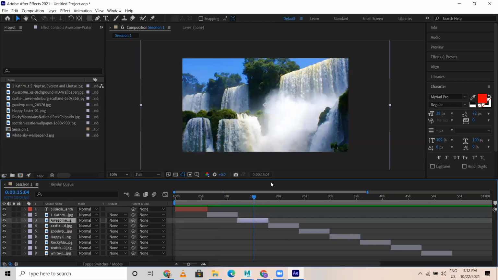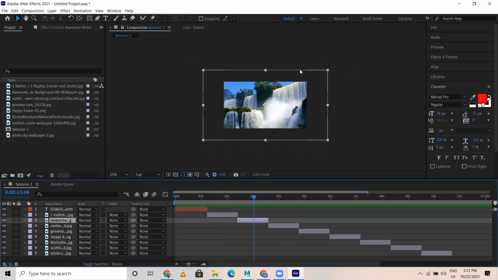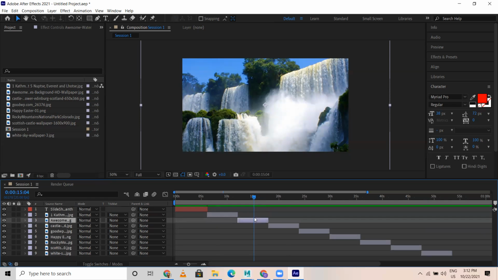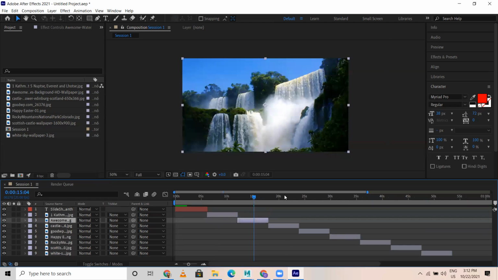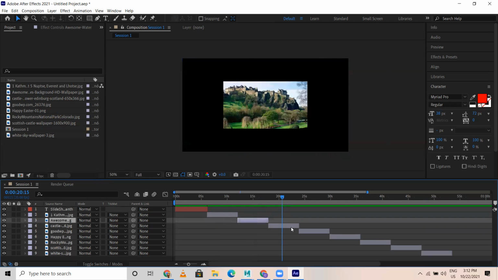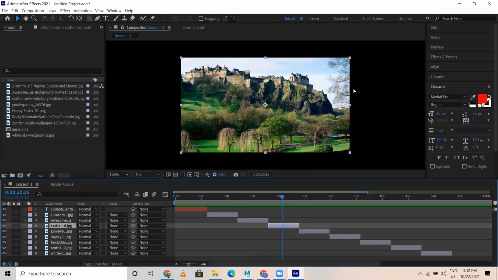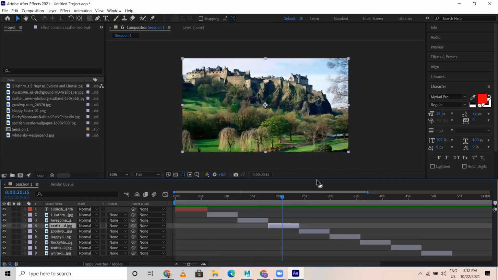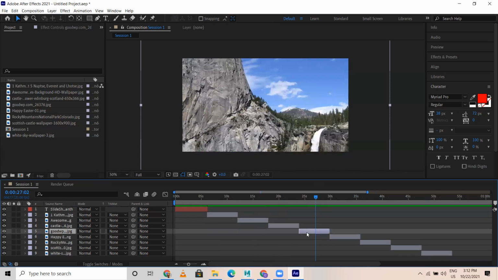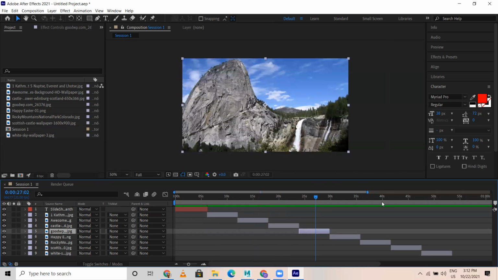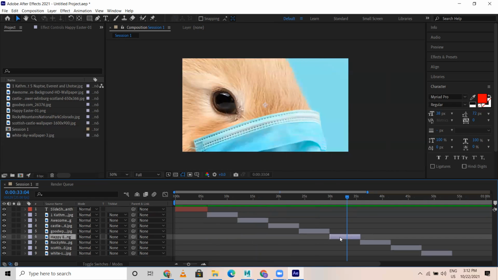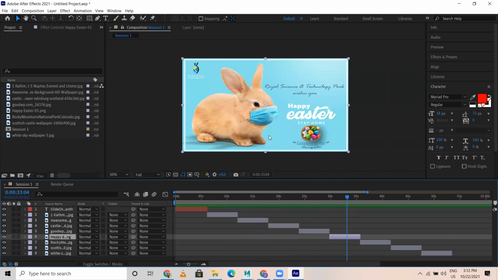Now let's see this one. Oh, this image is so big. It is out of this canvas. So what I'll do, select this layer, Control Alt F. Now see, this is fit to screen. I select this. Okay, this image is not fit to scale, right? Select this, Control Alt F. See, it's fit to screen now. I select this, select Control Alt F. It's fit here. I select this, Control Alt F. It's here.